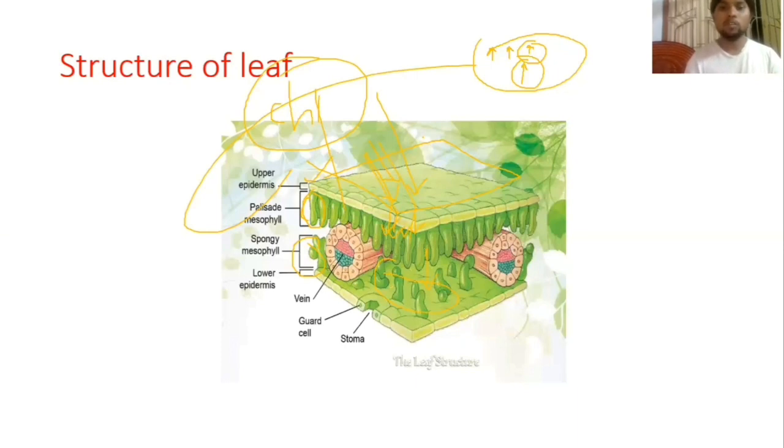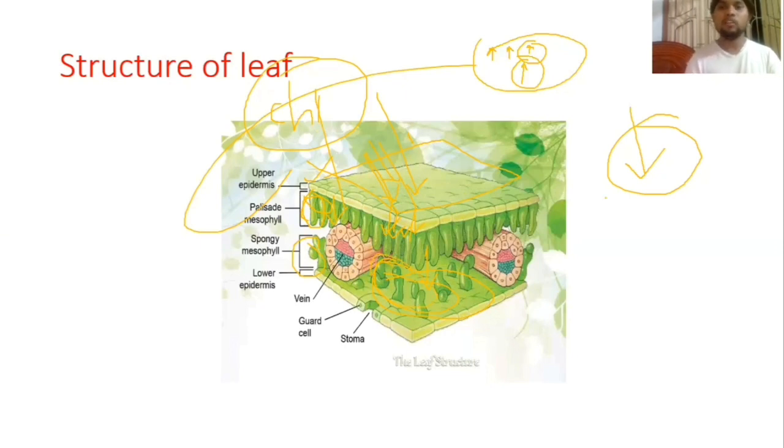That is why, because if one leaf absorbs a large amount of sunlight, photosynthesis will take place much more. Why? They don't want to minimize the photosynthesis process. They want to maximize the photosynthesis process. They don't want to waste the sunlight. Okay, so that's why they have evolved in such a way to get a higher amount of light with the help of spongy mesophyll cell as well. They have palisade mesophyll cell, where maximum light is absorbed. But the amount that is escaping is also absorbed by the spongy mesophyll cell.